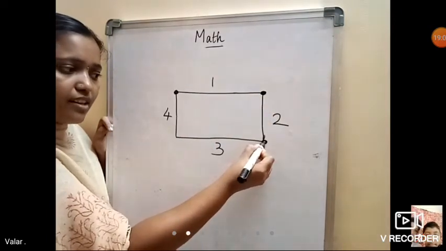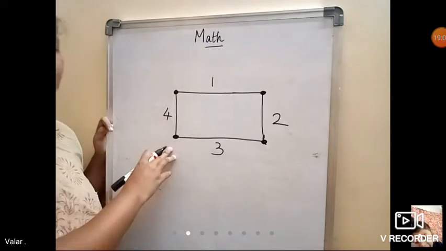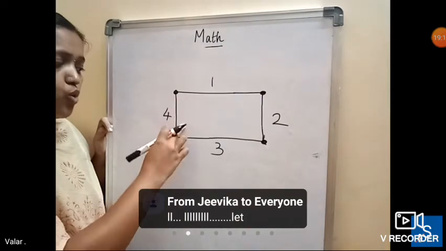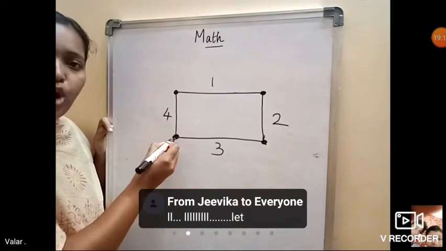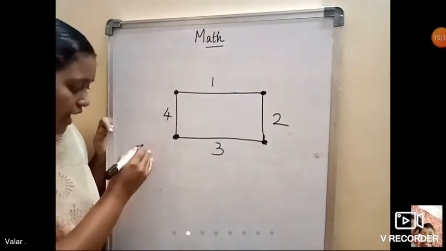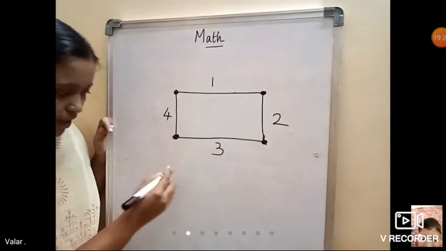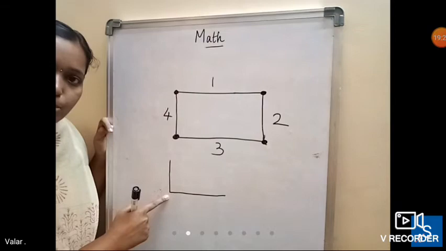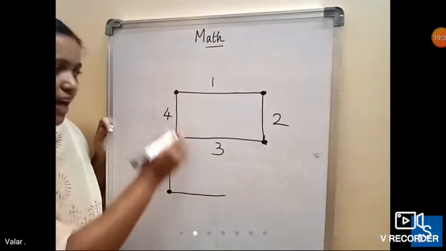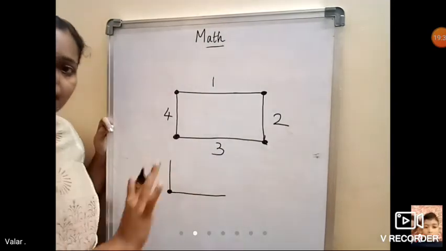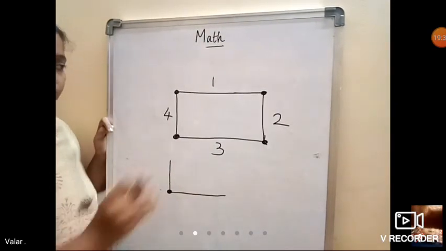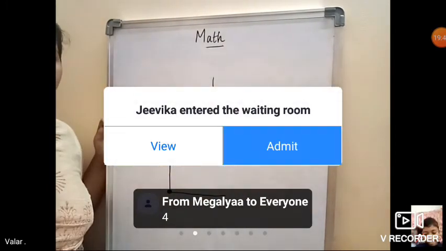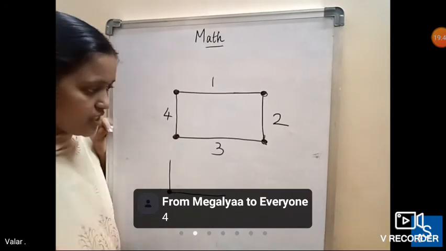Now you can see the corners. Corners are there, right? What is meant by corners? Corners means two lines are meeting at one point. This line and this line. I am just drawing the fourth line and the third line. Both lines are meeting at this point, right? Wherever we have such a meeting point, that is called a corner. This point and all these points are called corners. Okay?